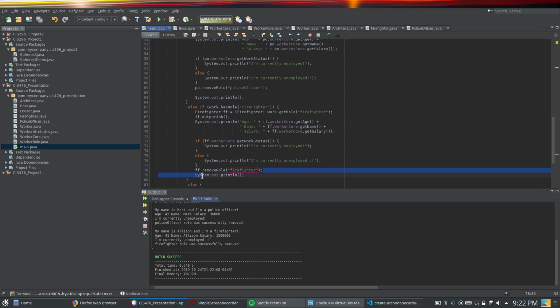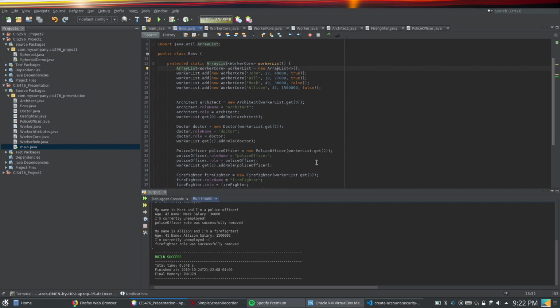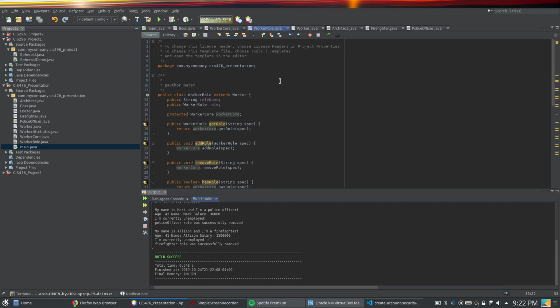But yeah, this does happen after they're added, and then checked if it has a role, then it removes them. It doesn't recheck it, but the thing is, if we put it before, then I don't really have it checked, so I'll check for before. I don't have that check for nulls and stuff, so that could be added if I wanted to scale it a little bit. But that's pretty much how the object role works in essence, and